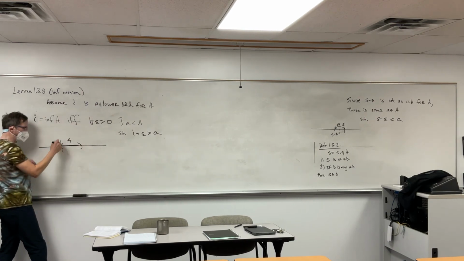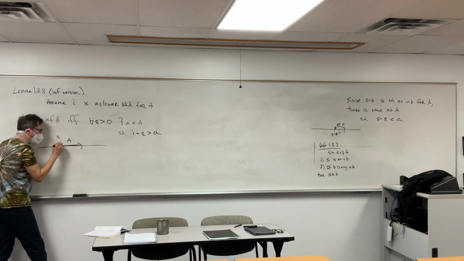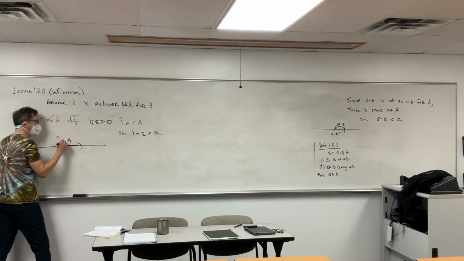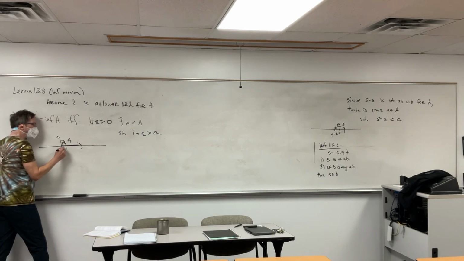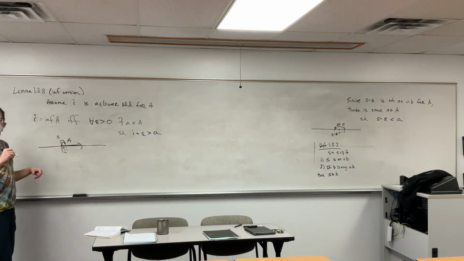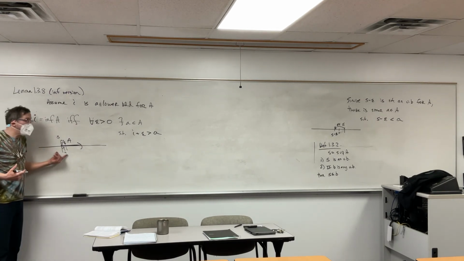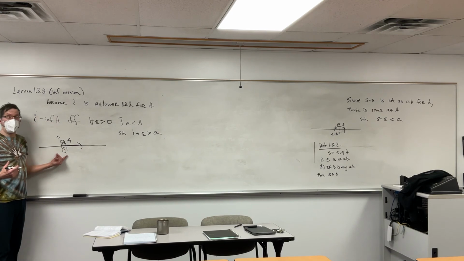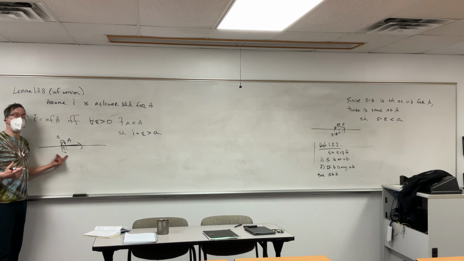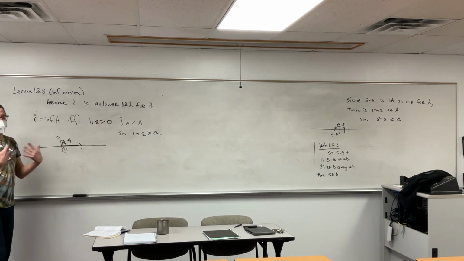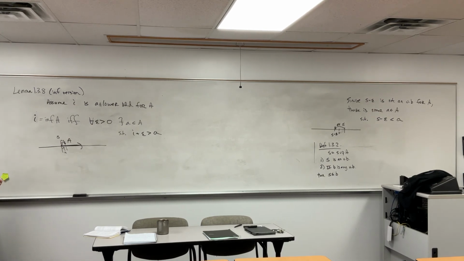In other words, this is as close as I can get if no matter how tiny the amount I jump right is, so there's my little plus epsilon, there's going to be some a inside there. Something from A has to be inside it. Because if there wasn't, I sure did a pretty bad job of picking the greatest lower bound. I've got a new candidate, might as well move it up by epsilon at least. So, beautiful. And then the proof proceeds in a very similar way. Does that make sense, Anna?